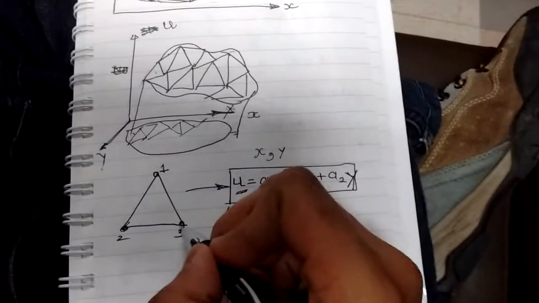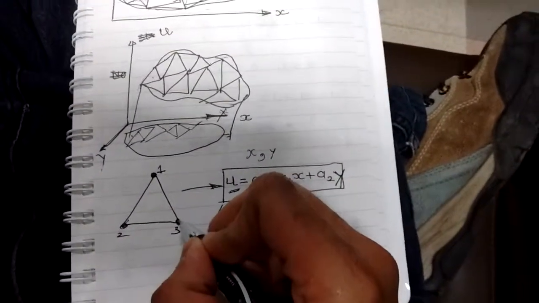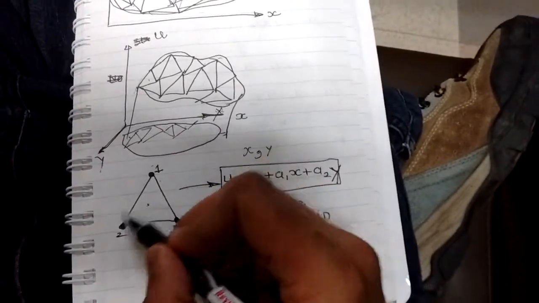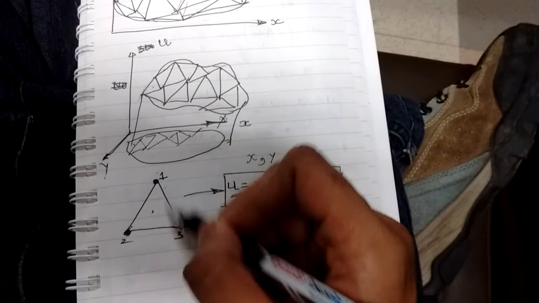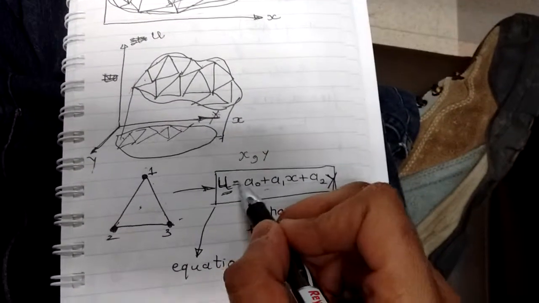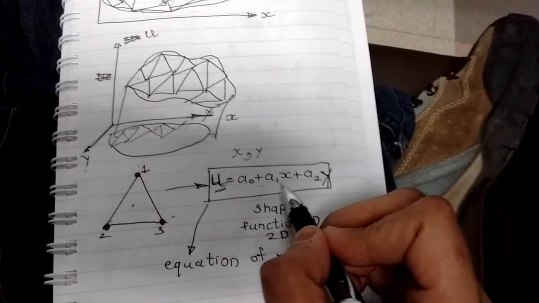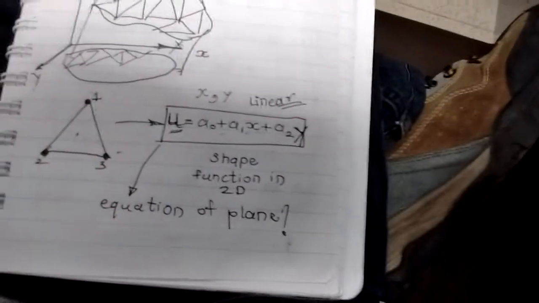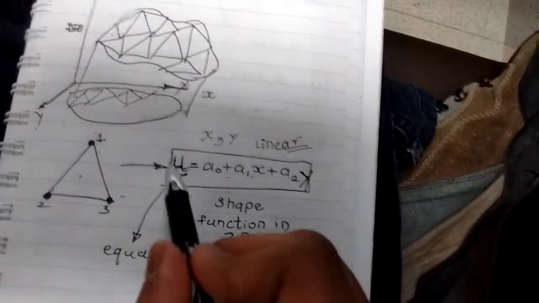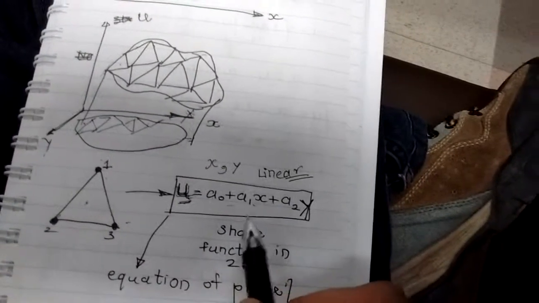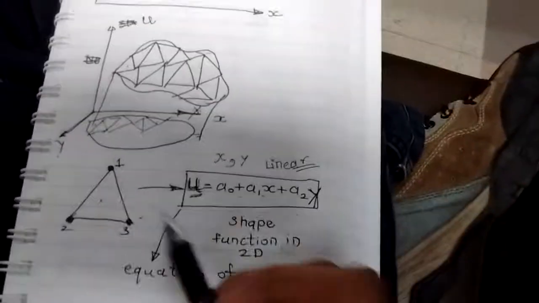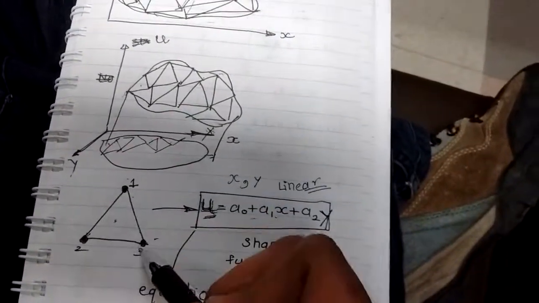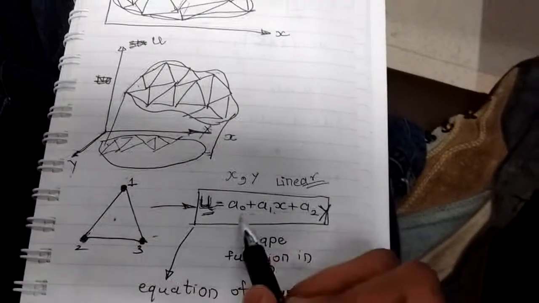So basically the concept will be the same. The FEM package will find the displacements in X and Y at these 3 points, 1, 2 and 3, and it will interpolate the in-between values along this area. So the shape function would be like this: a0 plus a1x plus a2y. This is the linear shape function for a triangle. What you can see here is basically the equation of a plane, z equal to ax plus by plus c. As we know, to define a plane we need 3 points. We have those 3 points, u1, u2 and u3, the displacements, and we can define a plane.